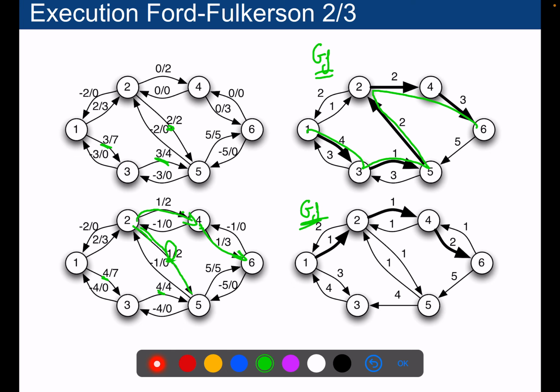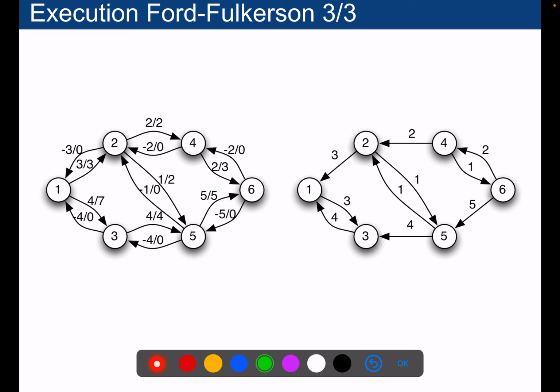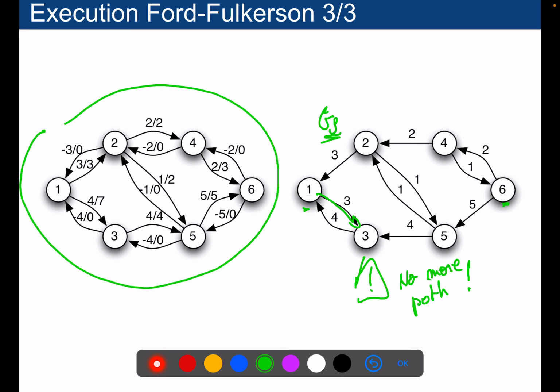And you find an augmenting path, you got that one. Okay, that's the new flow. You compute the residual graph. That's the residual graph. You try to discover a path from node 1 to node 6 in this residual graph. So let's try to do it. So you go, for instance, there. And you see that you are stuck. Okay, no more paths are possible. And since there are no more paths, we are done. Okay? This is the optimal flow.